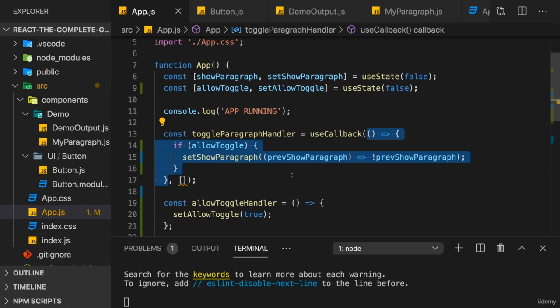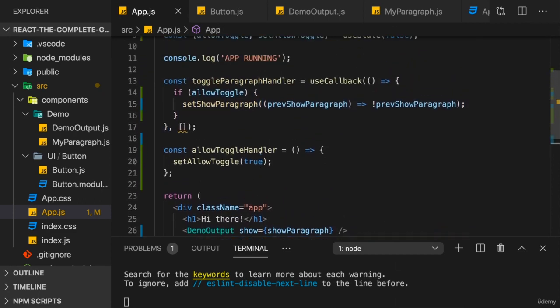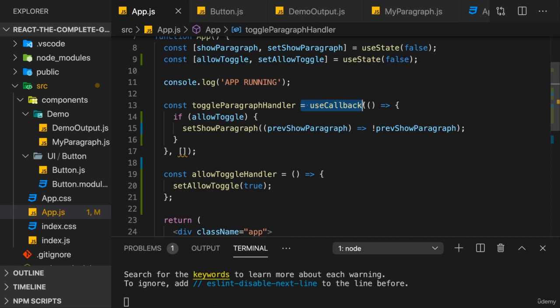That means the next time this function here, the toggle paragraph handler, is executed, this stored variable will be used. And with that, the value of that variable at the point of time it was stored. This generally is perfect because this allows us to use variables from outside the function in the function and call that function at any point of time we want, which is exactly what we want for a function that we bind to a button. The problem with that and with useCallback, however, is that with useCallback, we're telling React to